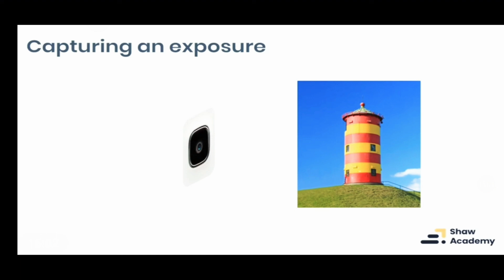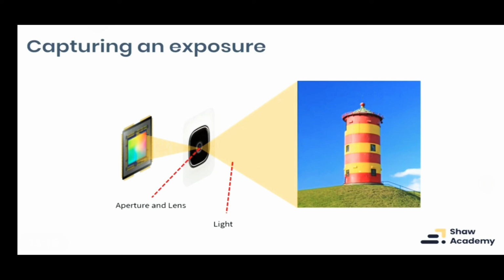Now, capturing an exposure, here's a very crude way of how it actually works. We have our scene that we want to capture, we have our camera lens, and we have our aperture within the lens. Light passes through the lens, through the aperture. That's our light passing through here, and it is moved on, focused onto our image sensor, and our exposure is created. That is a very basic way of how it all works.